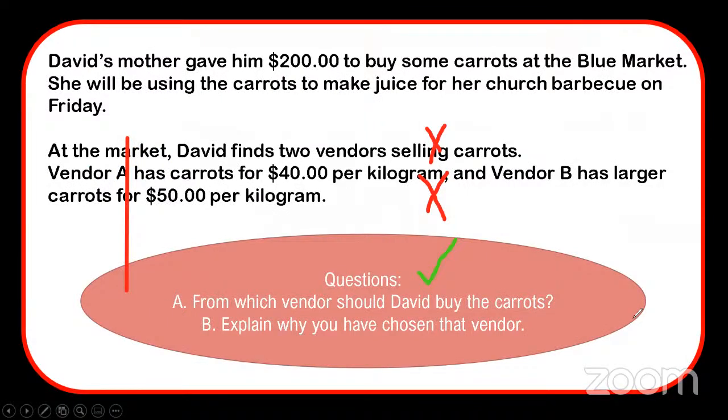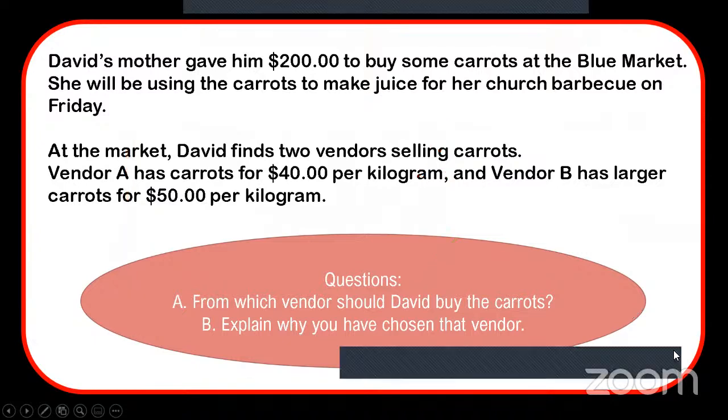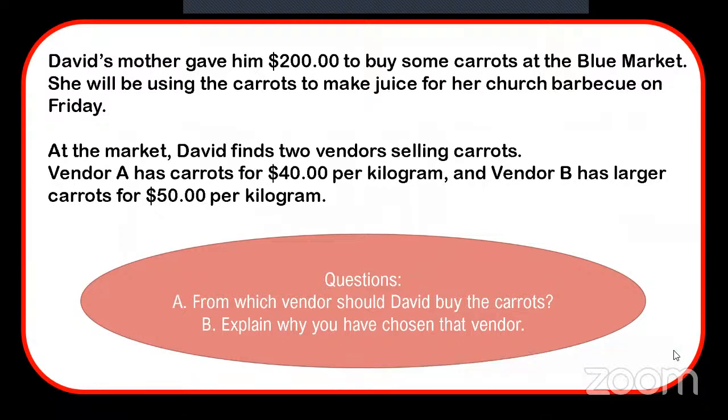David's mother gave him $200 to buy some carrots at the market. She will be using the carrots to make juice for her church barbecue on Friday. At the market, David finds two vendors selling carrots. Vendor A has carrots for $40 per kilogram, and vendor B has larger carrots for $50 per kilogram. The questions are,